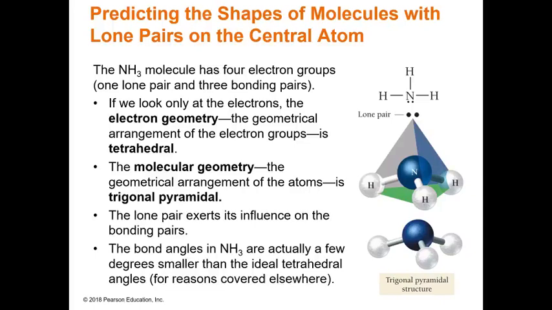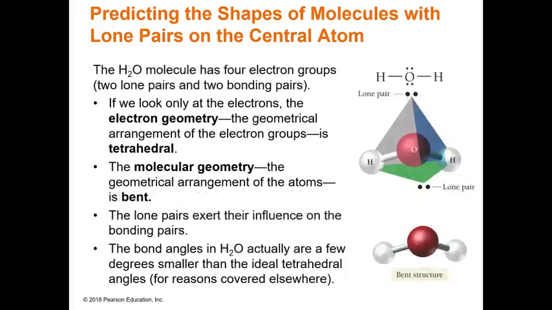Now let's see what happens when lone pairs are present. In ammonia, NH3, there are 4 electron groups, 3 bonding pairs, and 1 lone pair. The electron geometry is still tetrahedral, but the molecular geometry is trigonal pyramidal. The lone pair repels the bonding pairs more strongly, slightly